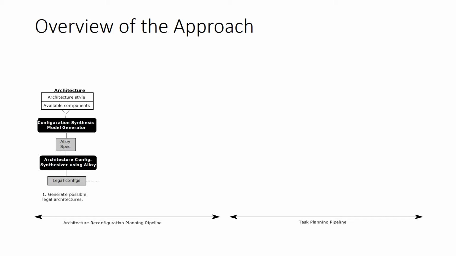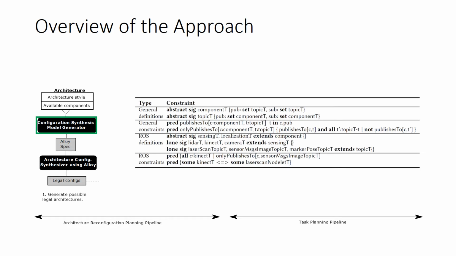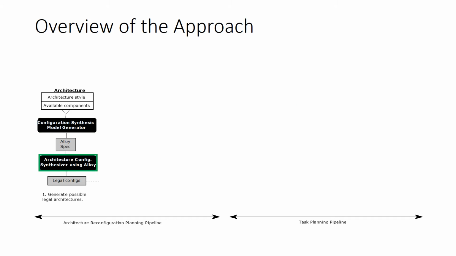The first stage in the architecture reconfiguration pipeline consists of generating the set of legal architectures available in the current execution context. To do that, the configuration synthesis model generator component receives as input the set of components currently available in the architecture, which are obtained via the monitoring infrastructure of the MAPE loop, as well as the formal description of the architectural style. With those elements, it encodes an Alloy specification. That Alloy specification is then used as input to the architecture synthesizer component, which employs Alloy to instantiate legal architectural